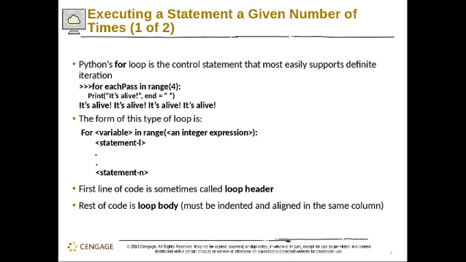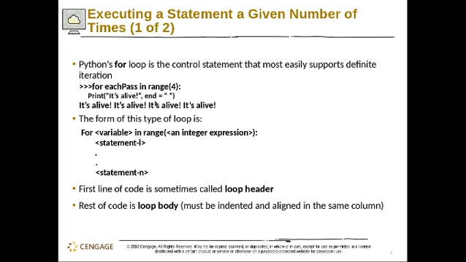Now, how do you type for loops in Python? The basic type of for loop is for, and then a variable, mostly the count of the iteration, in the range of a certain integer expression, which tells you how many times you need to repeat, and then the statement. For example, for each pass in the range of 4, that means it will repeat the loop 4 times.